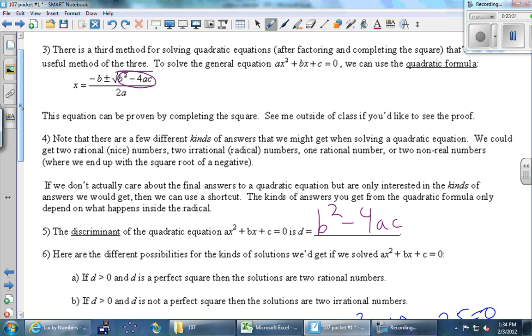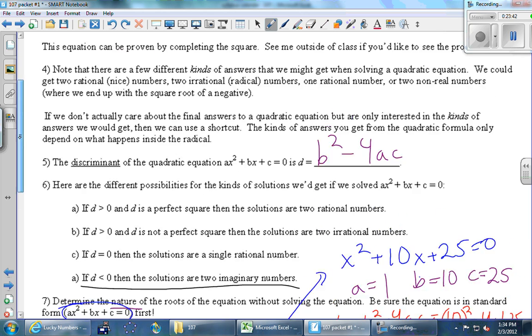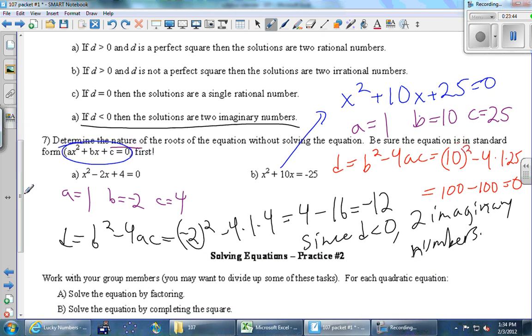And is it a nice number or a not nice number? Only not nice numbers you come up with are the ones where you have to take the square root of something bad, like 12. You took the square root of 0, that was good. That was a nice number. So this would be 1 nice number. And the case that we're interested in here is part C. It says if d equals 0, that's what we got, then the solutions are a single rational number. So we're just going to write that down below. Since d equals 0,